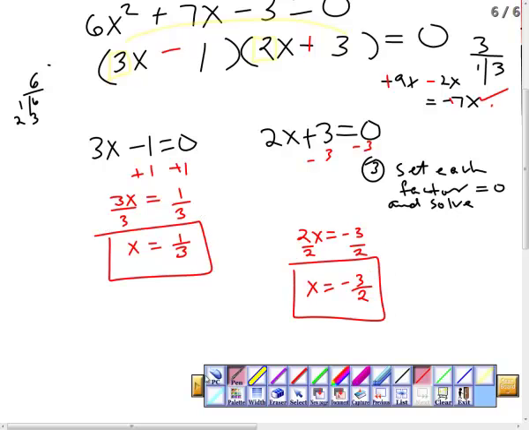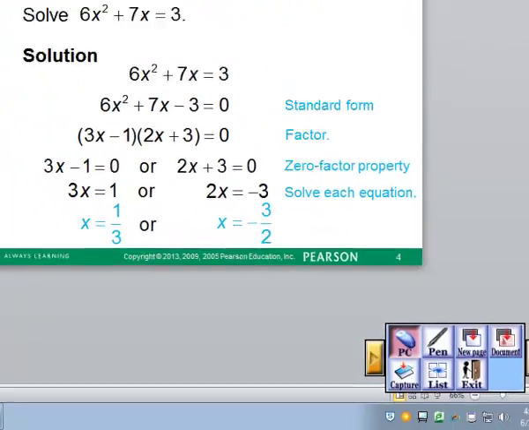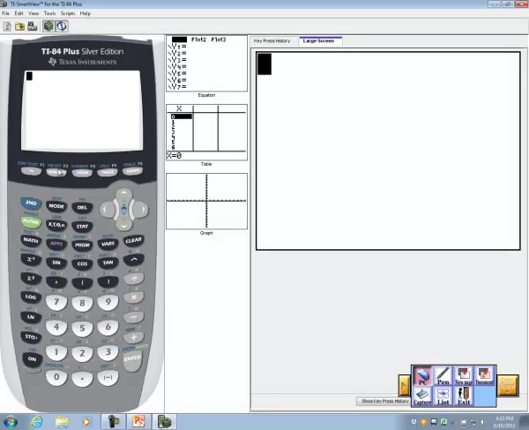So at this point, we can go back and check it. And so we'll do this. We said x equals 1/3 and x equals 3/2. So let's see what it looks like when we check it in the calculator. All right, well, here's our calculator. All right, we know that our equation is